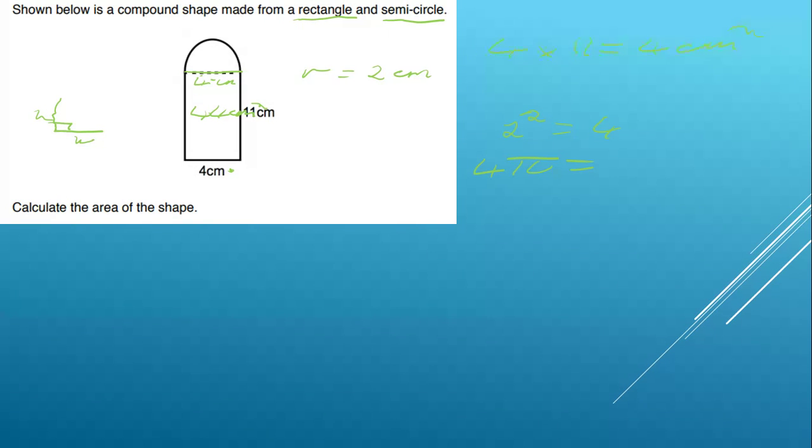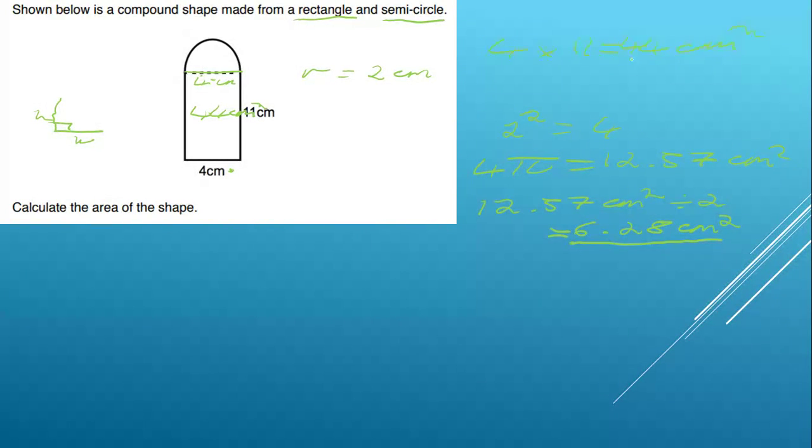which gives us 12.57. So that's 12.57 centimeters squared, but that is the area of the whole circle, so we then have to divide that by 2. So 12.57 centimeters squared divided by 2, I'm going to put my answer below, gives us 6.28 centimeters squared. So we found our area of the semicircle,